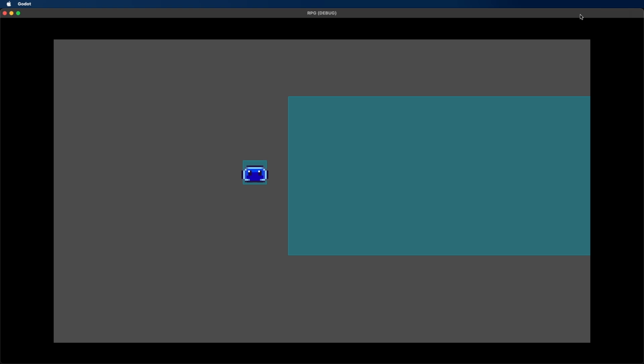So now back in Godot, finally, we have 8 directional movements all working, including our collisions on this object. And that is how to make a modern RPG character controller in Godot. If you want to know more about building